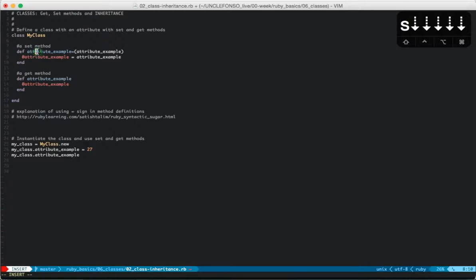So we've got attribute example, and you see how we got this equal sign sitting here. This is saying that when this receives its value, when this thing is called and it's receiving its value, it's setting this value equal to this instance variable here, right? So attribute example is going to be equal to attribute example,